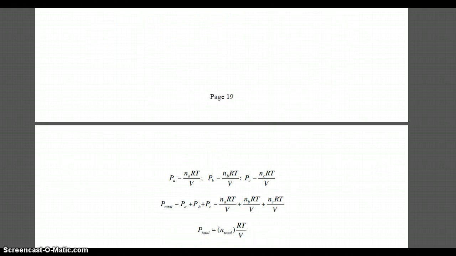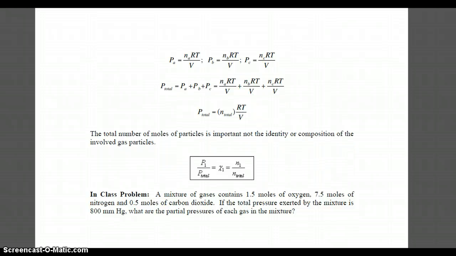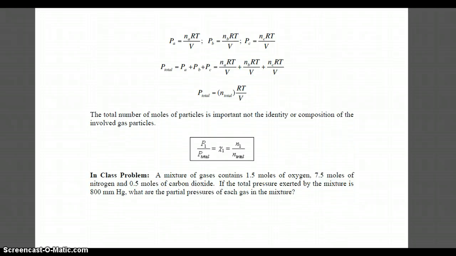Okay. All right, so what we're going to do, obviously this concept is very simple. What we can start to do is think about how we can incorporate Dalton's law of partial pressures into PV equals nRT. Okay, so all of this is just a derivation for the idea that